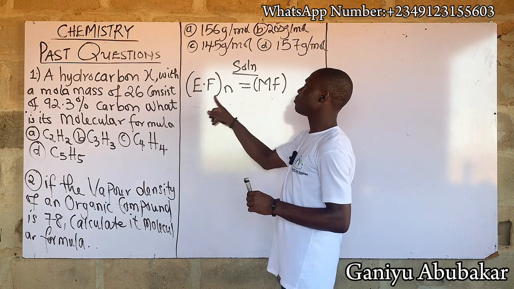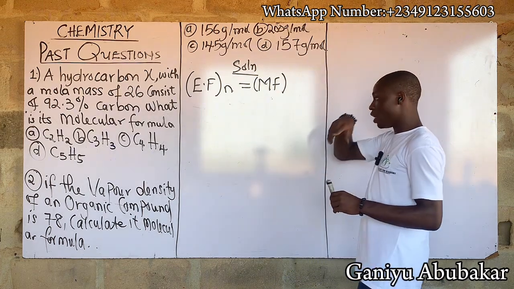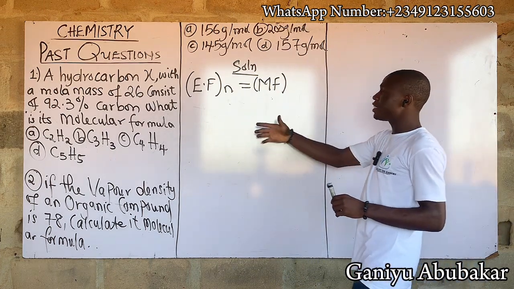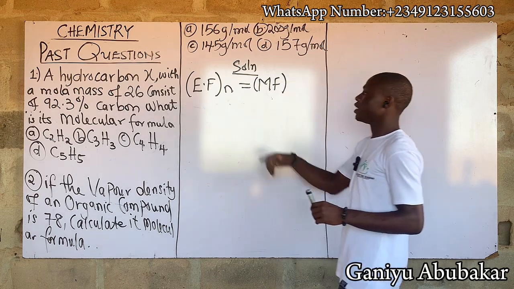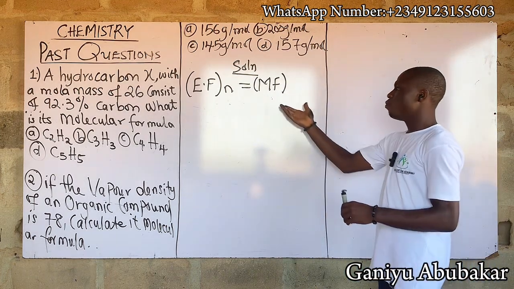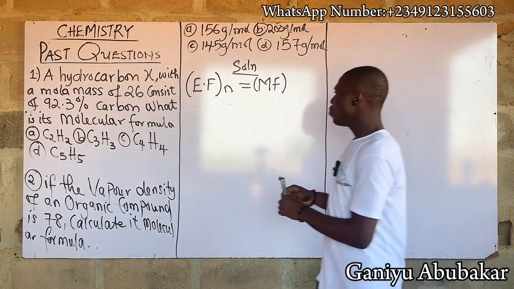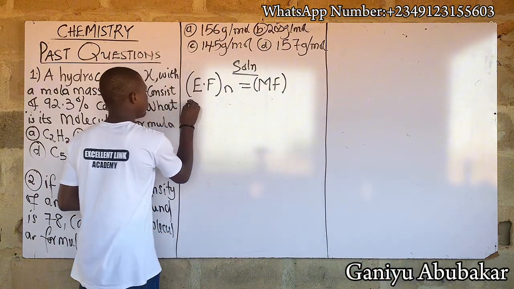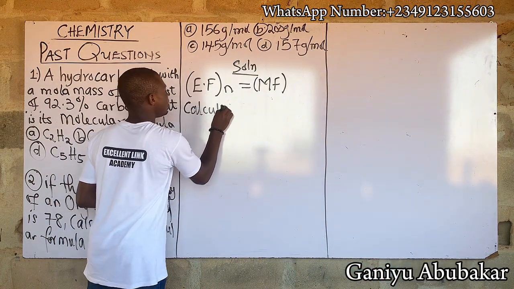So empirical formula times n will give molecular formula. If it is true, let's get the empirical formula, let's get n, so that we can easily get the molecular formula. Let's get the empirical formula, please. So at this point, calculating